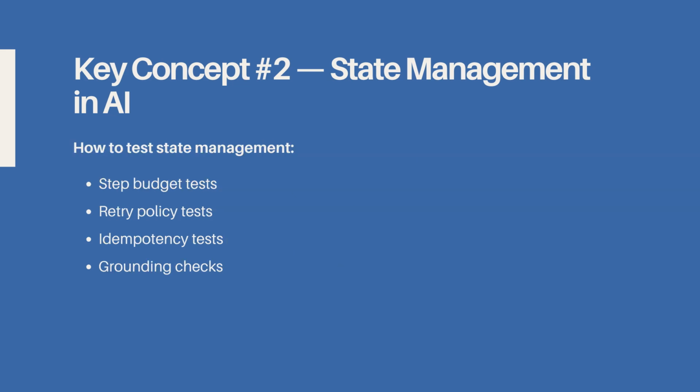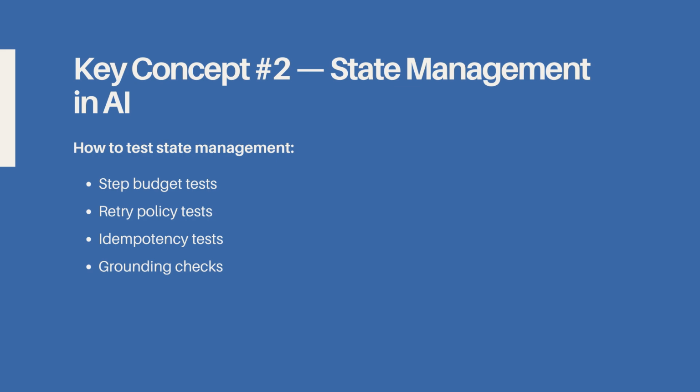Here's how you test state management, and none of this requires you to rebuild the system. Step budget tests give the agent a maximum number of steps it's allowed to take and verify it stops cleanly, produces a summary, and hands off properly when it hits that limit. Retry policy tests simulate a flaky dependency and verify the agent does bounded retries, backs off appropriately, and then escalates